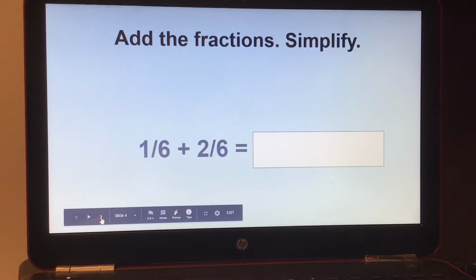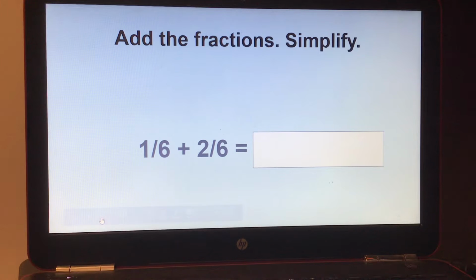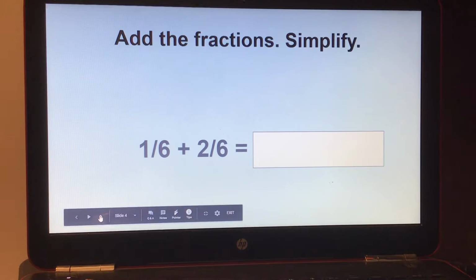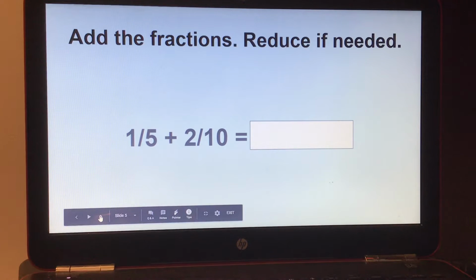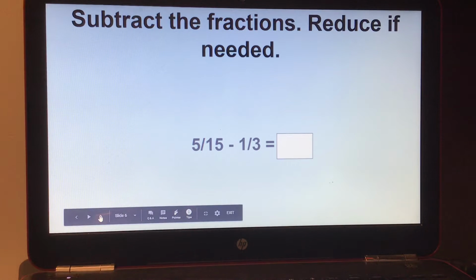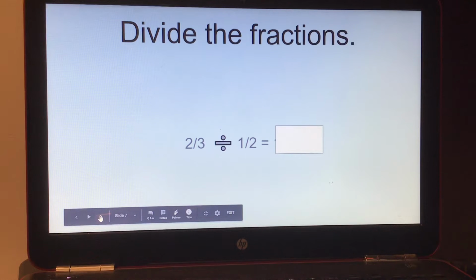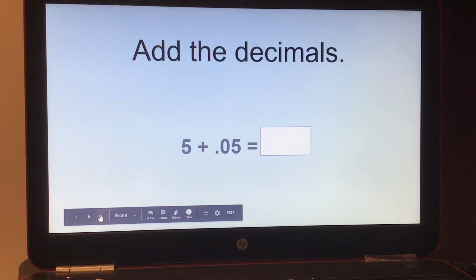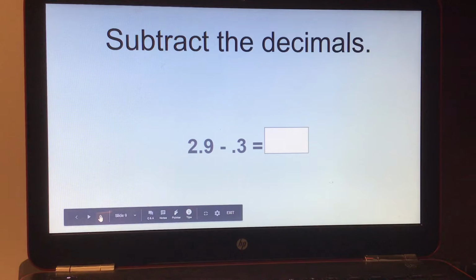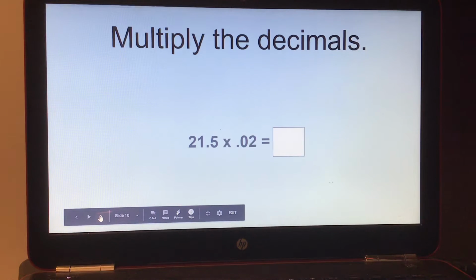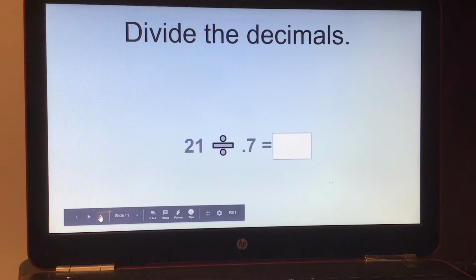add the fractions, simplify, add the fractions, reduce if needed, subtract the fractions, reduce if needed, divide the fractions, add the decimals, subtract the decimals, multiply the decimals, divide the decimals,